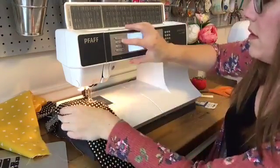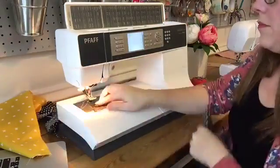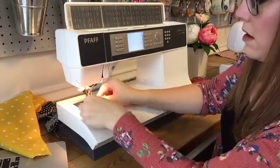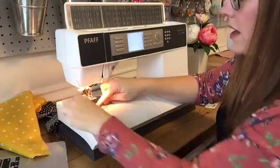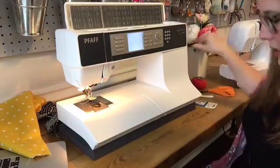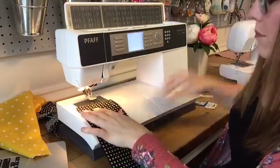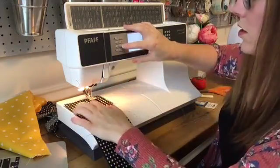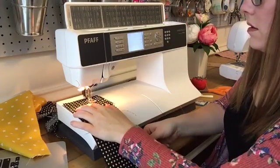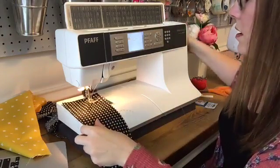Slow, yeah. And this guy's acting up. Just go slow, check it out. If something's not right, put your bobbin back in again, or you can re-thread it, or you can check your needle. This is why we start on a scrap. So you'll put the foot down and you'll sew. All right, my machine